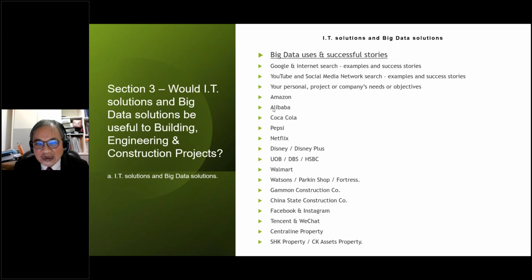They are market competitors, and we look at them to see how they use big data effectively, but differently. Say compare Amazon and Alibaba. We can compare Coca-Cola and Pepsi.